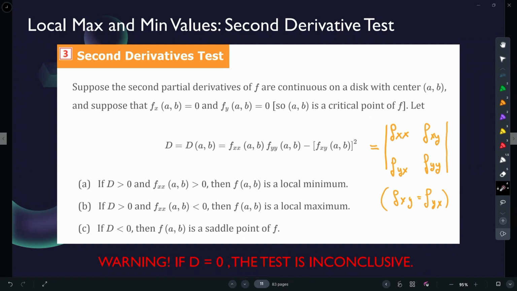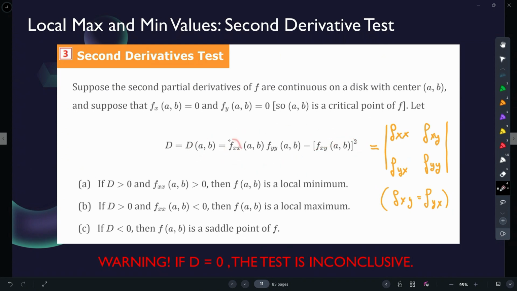So if the function is nice, we haven't talked in this class, unfortunately, about continuity and differentiability. That's something that you will see if you go on to analysis, the dreaded course for all math majors. If you go into analysis, then you'll see the definition of differentiability in general. But in any case, if you have a nice function that has a critical point at (a, b), then you compute this auxiliary number,